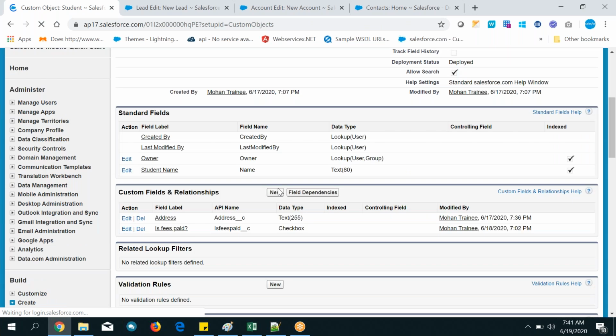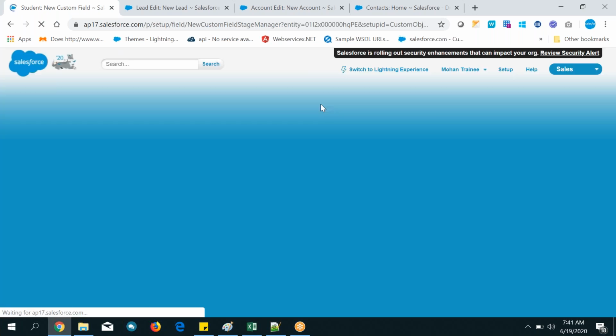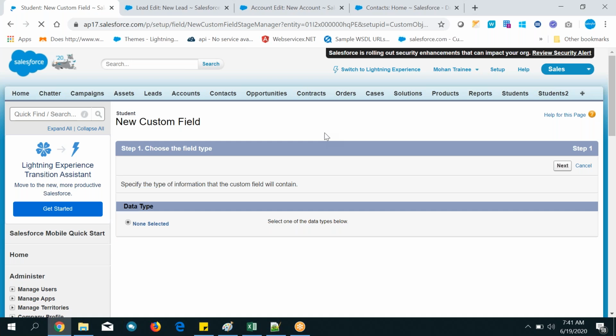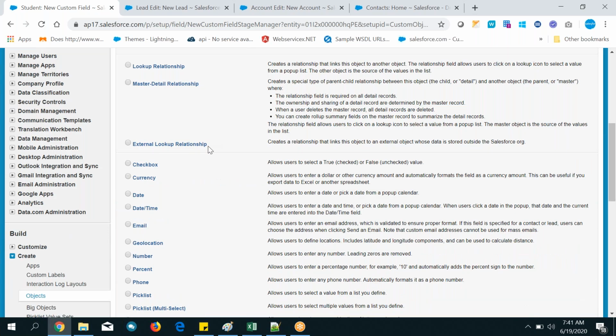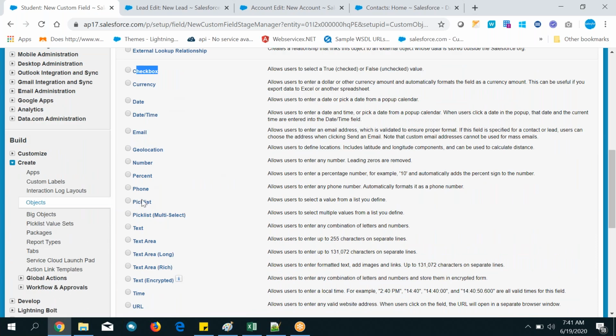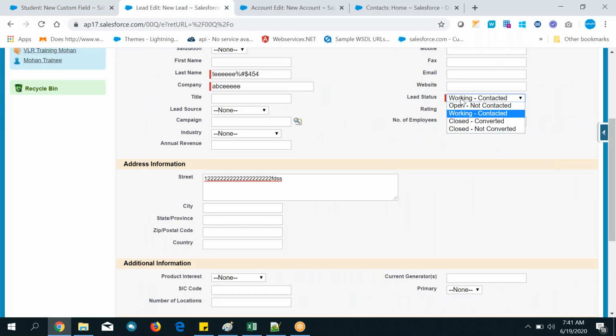Okay, click on the custom field, new one. Okay, and come to, don't touch above. Those are later we will see. And second, where is the next one? Pick list. Okay, so the country field I want to display like a drop down. Drop down in Salesforce is called a pick list.